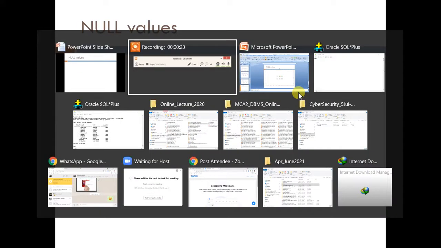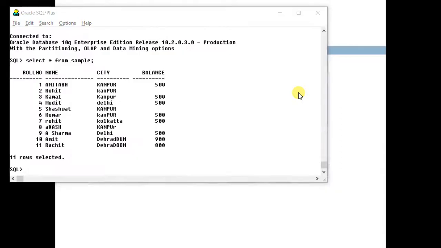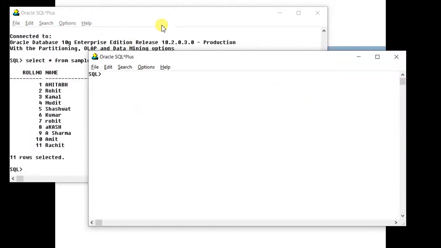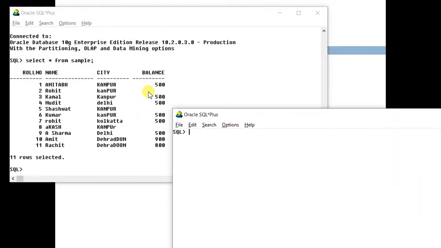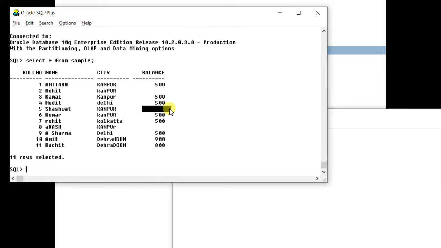So what is null? When you insert values in a table, some of the values might be left blank. For example, here you can see these are empty values. By default, they are null.